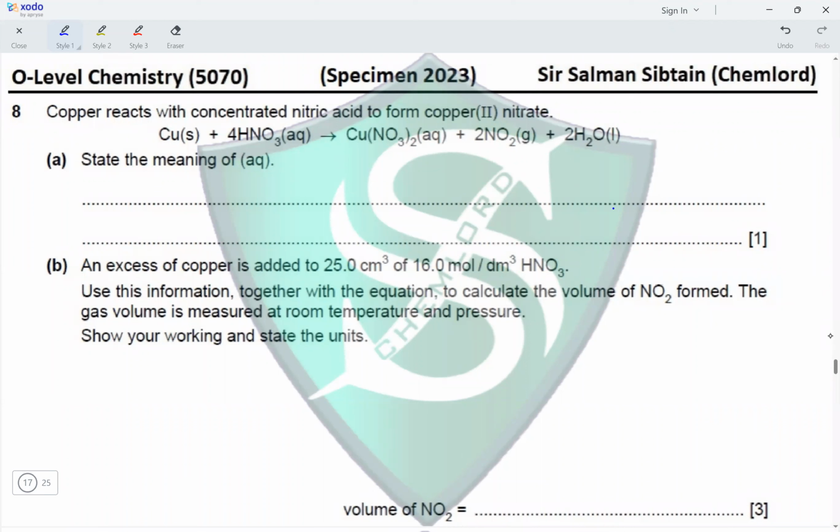Question 8. Copper reacts with concentrated nitric acid to form copper 2 nitrate, and the equation is given. State the meaning of AQ. So AQ represents aqueous, and now we have to explain what aqueous means. So aqueous is a substance that is completely dissolved in water. So we will write AQ represents aqueous, which means